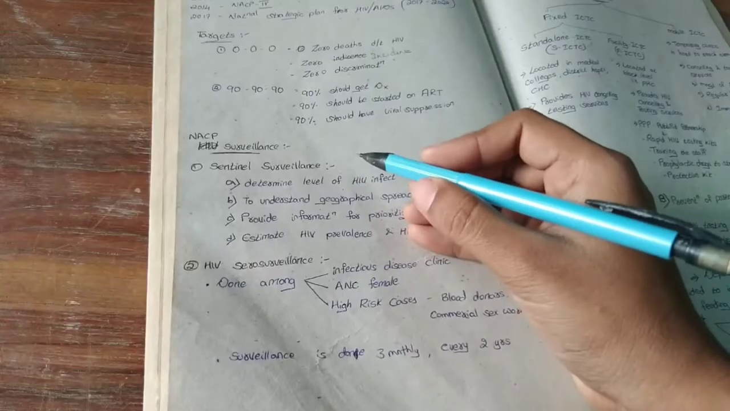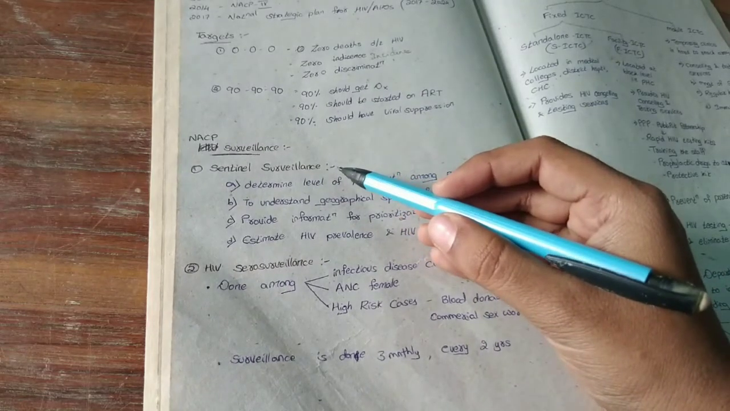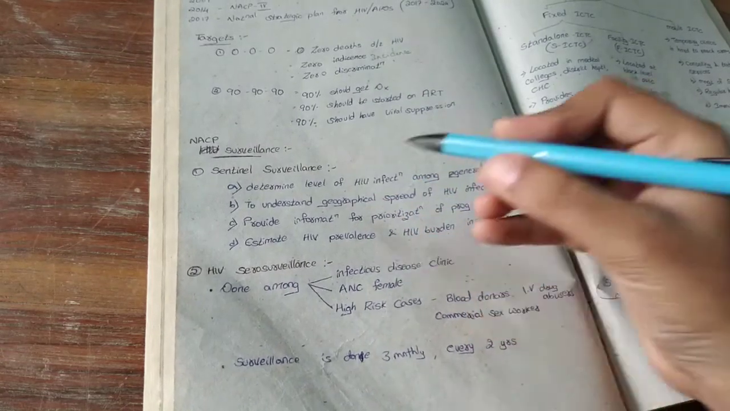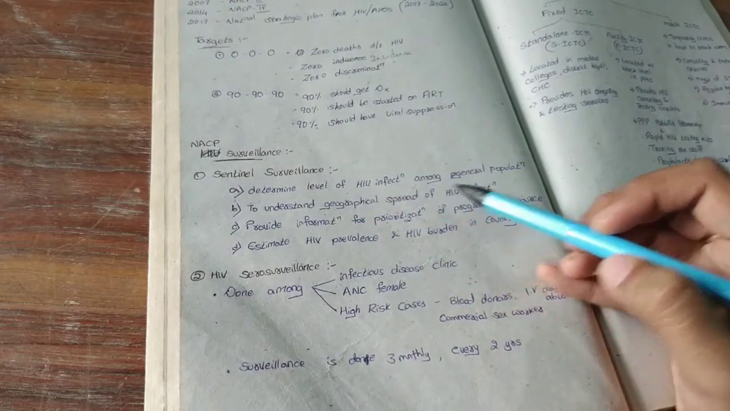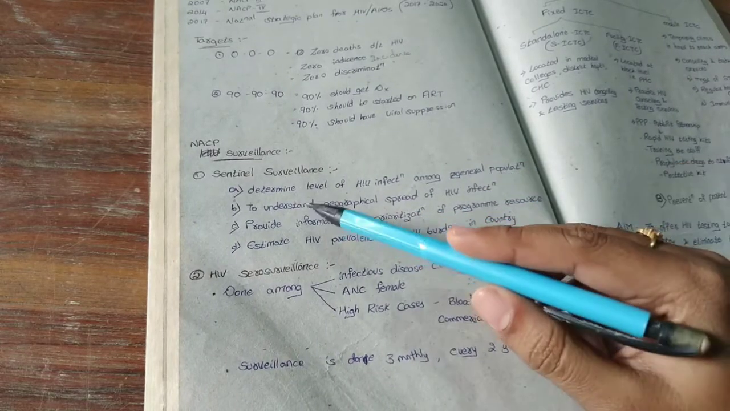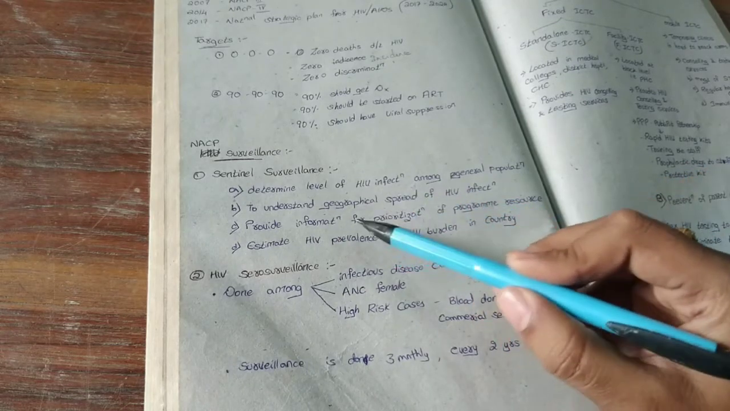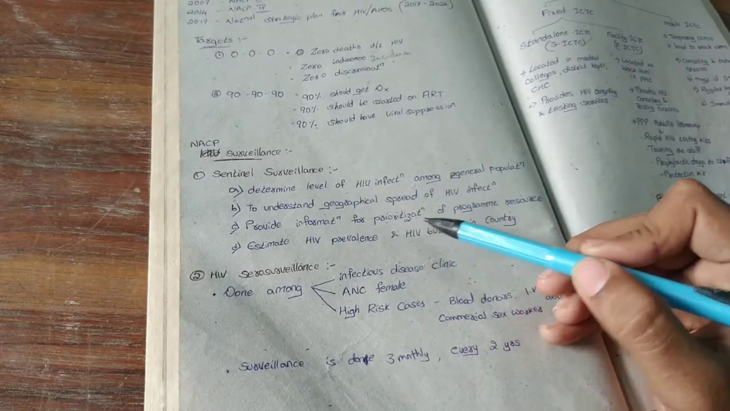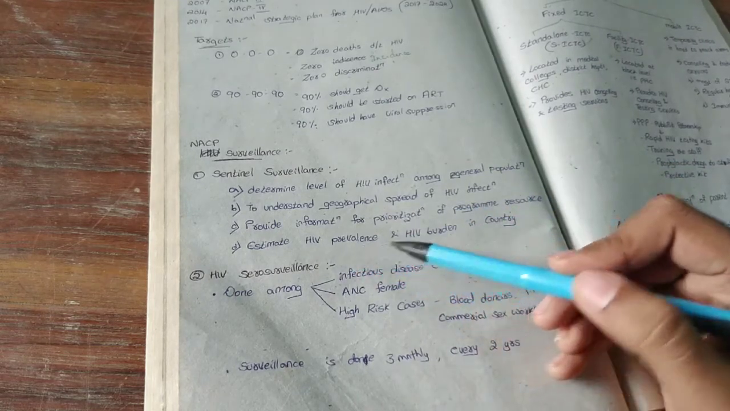Coming to the surveillances, there are two types: sentinel surveillance and HIV sero surveillance. Coming to the sentinel surveillance, it determines the levels of HIV infection among the general population, and it also understands the geographical spread of HIV infection, provides information for prioritization of program resources, and also estimates HIV prevalence and HIV